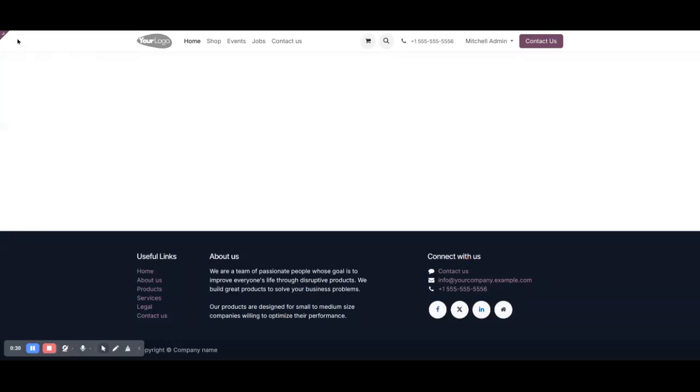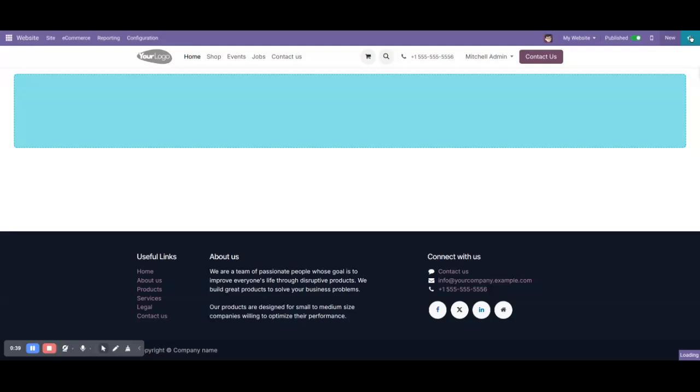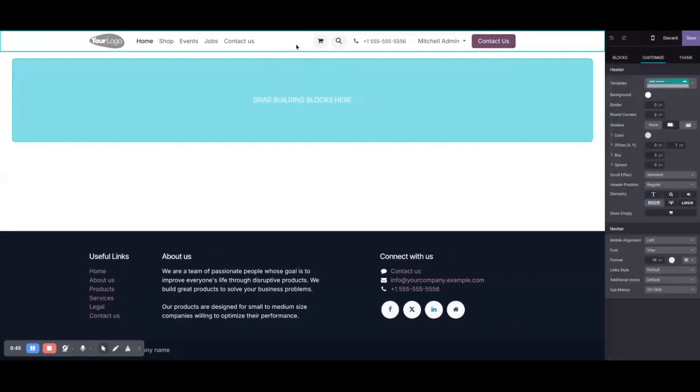activate the website editor. So here we click on editor and click on edit button here, and then we will click here in the navigation bar, and here you can see these elements, and here this